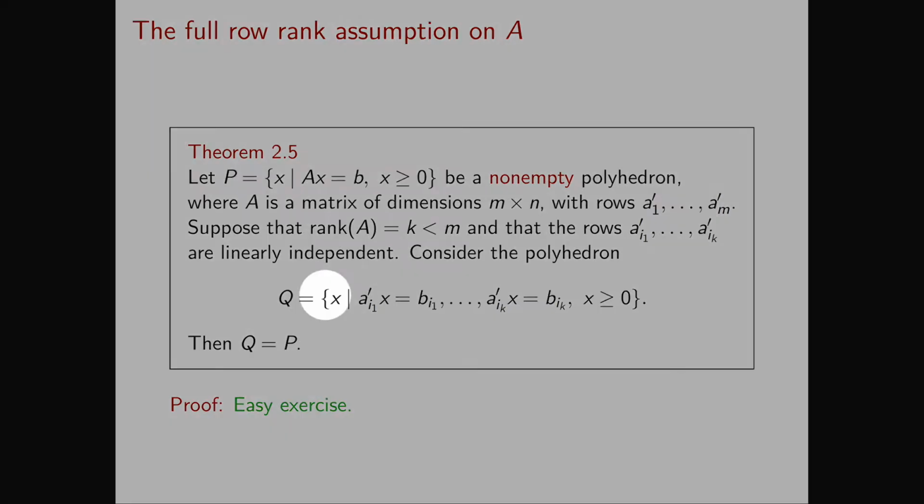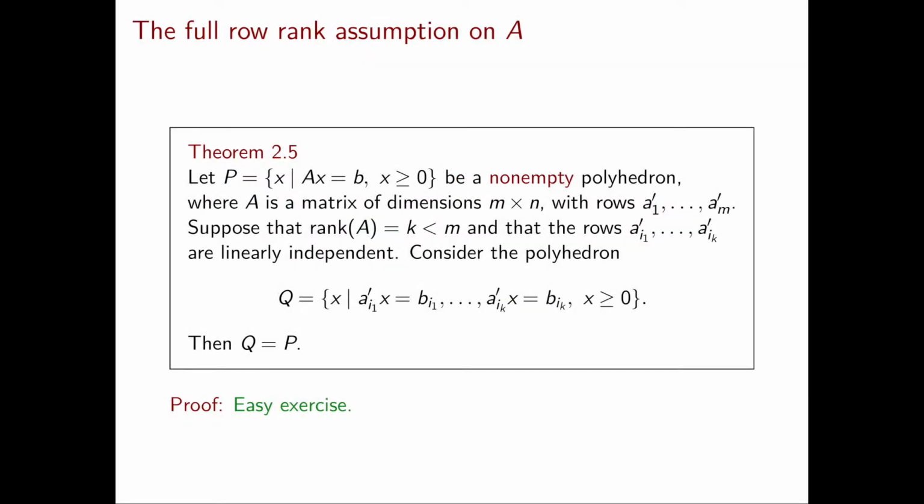Note that it's fundamental to use the non-empty assumption. Essentially what you have to do to prove this theorem is to write down every row that you trashed as a linear combination of the rows that you kept. Now the non-emptiness of the polyhedron implies that also the right-hand side of the corresponding equality constraint that you trashed will be the same exact linear combination of the right-hand sides of the equality constraints that you kept.